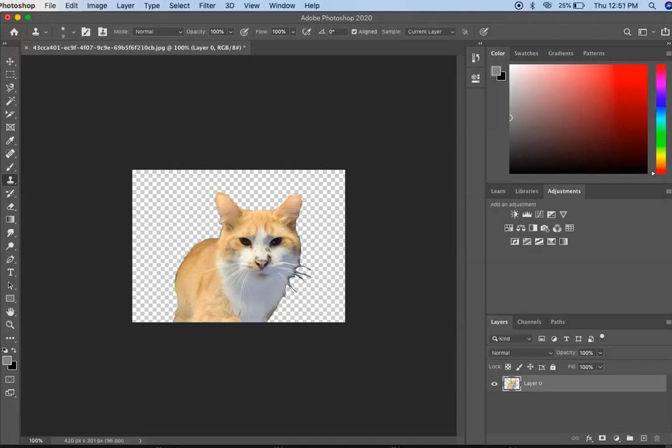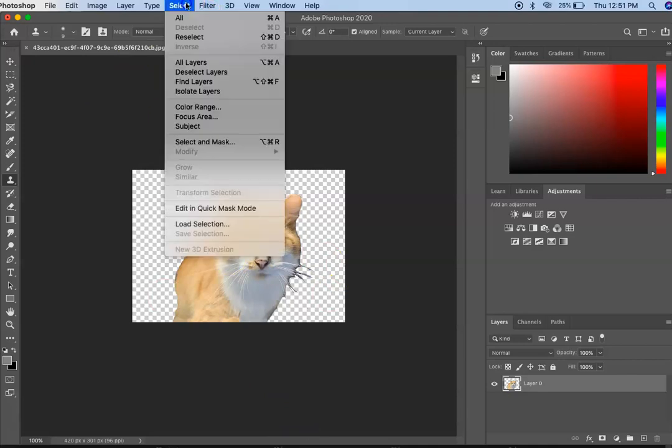I will say this is not a perfect editing job, so for your final project you really want to focus in a little more and make sure these edges are cleaner, but for the purposes of this tutorial we are good to go. So I will go up and select all,